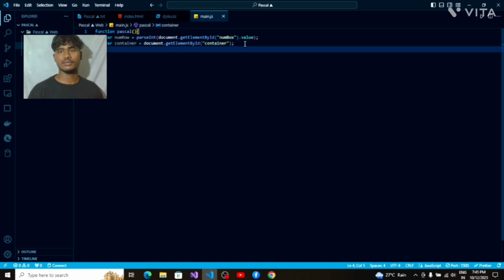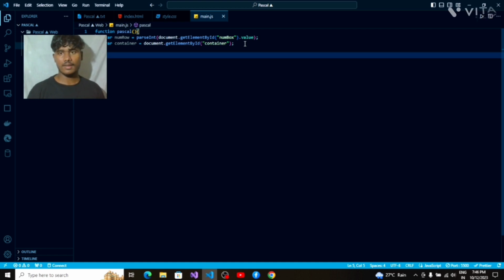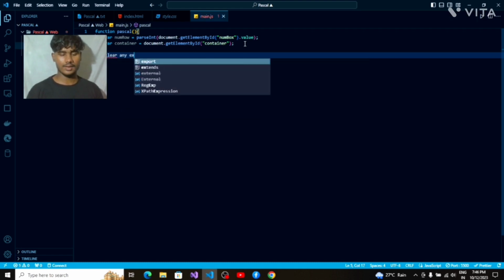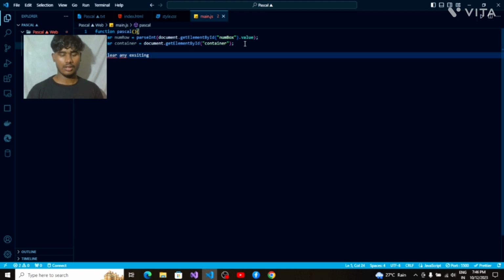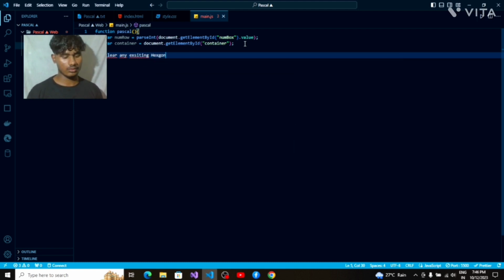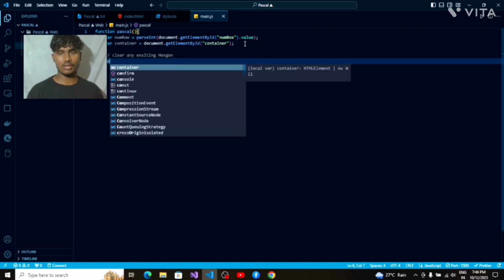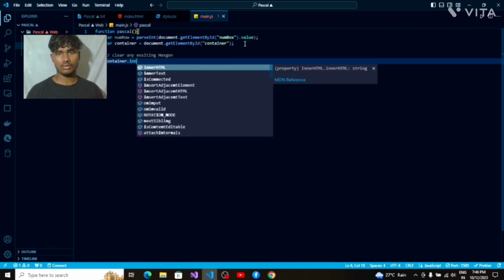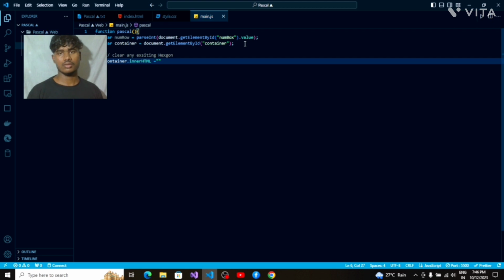Then we want to erase or clear any existing hexagons, first, to refresh. I will explain this later. For that we use container.innerHTML equals